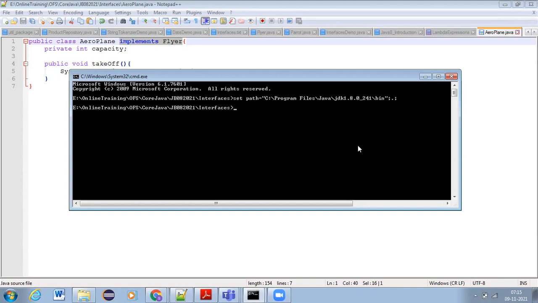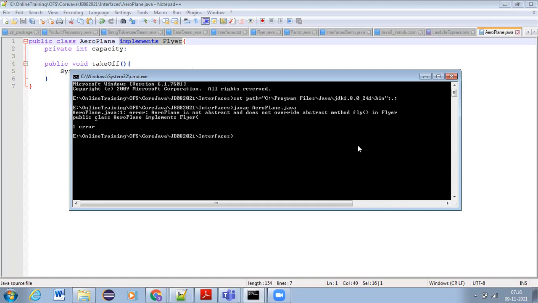Now if I write javac Aeroplane.java, what happens? You see what it's saying: Aeroplane is not abstract and does not override abstract method fly in Flyer, right? Because Aeroplane implements Flyer.